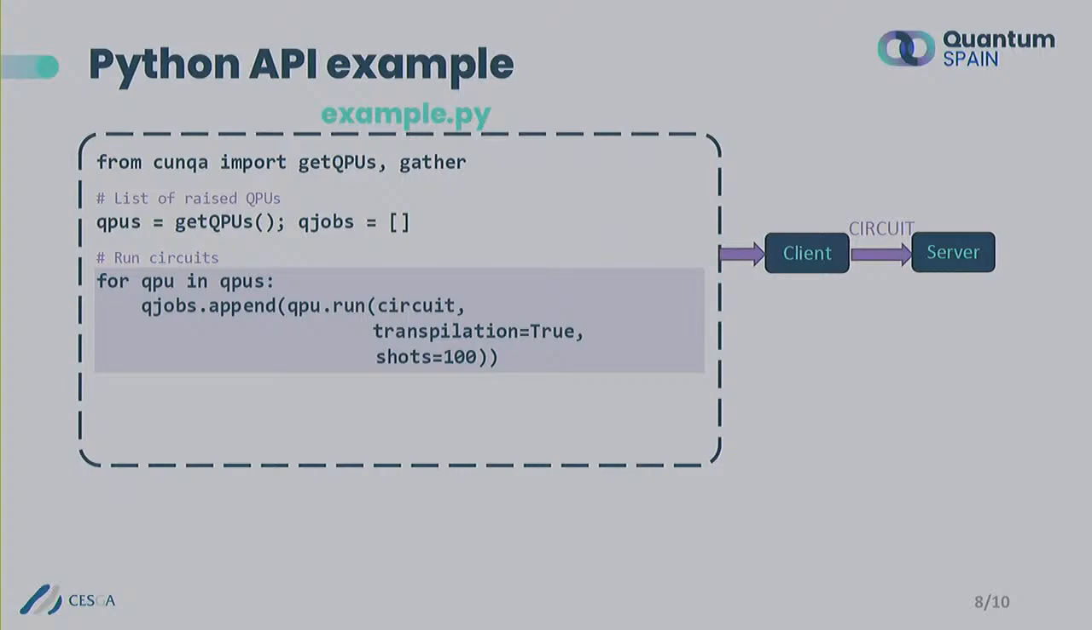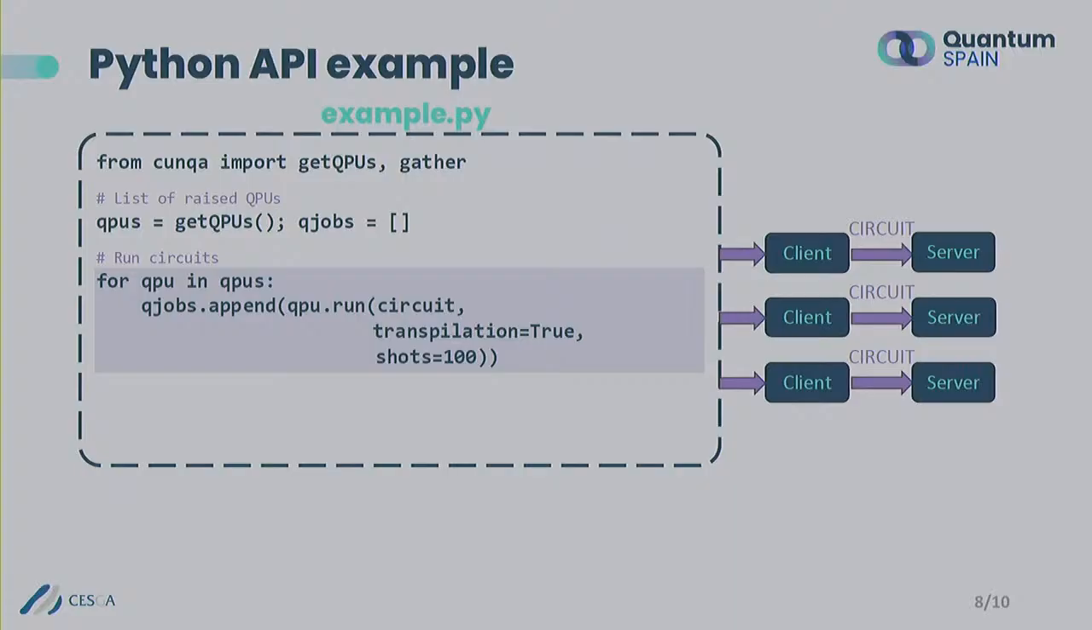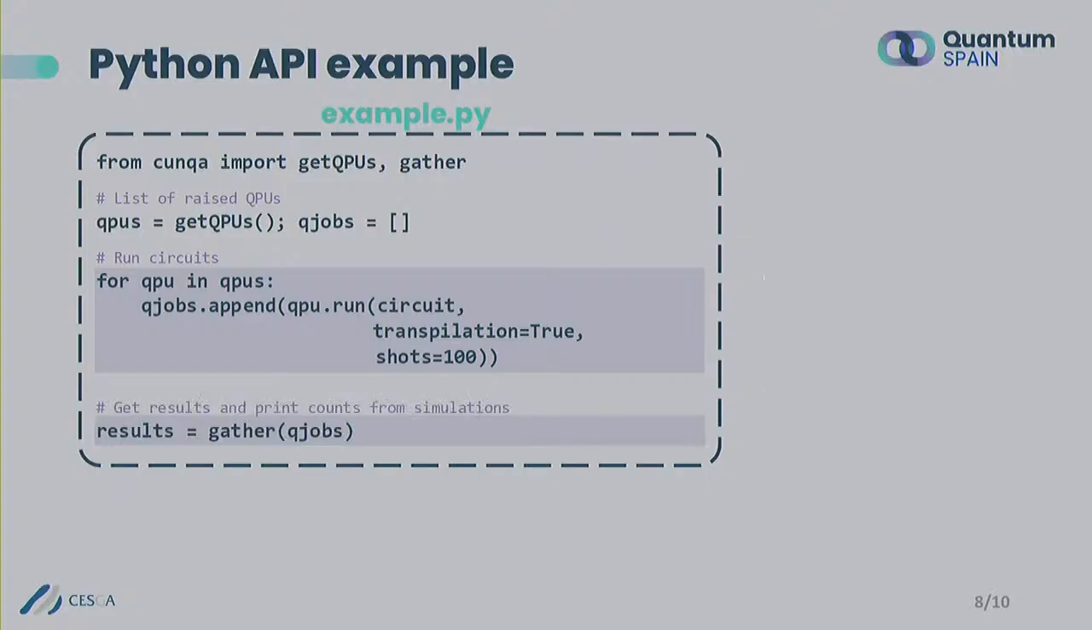But this is only sending. I'm not waiting for it to finish. So this for loop is actually asynchronous. There are no blocking calls. So here you see the parallelization. But then when I ask for the results, when I tell Kunka to gather the results from the jobs that I sent, what I'm doing is telling the